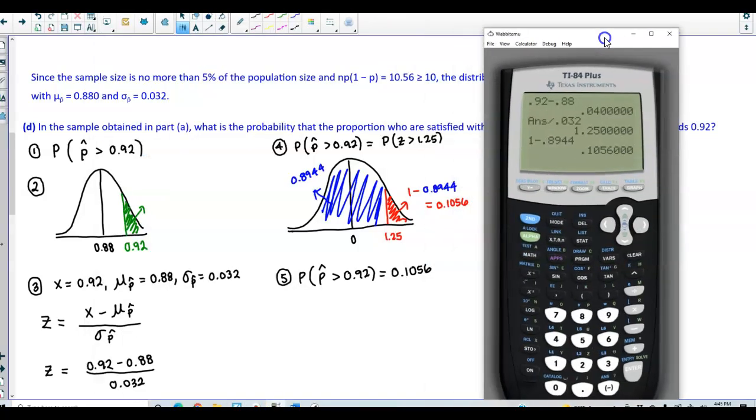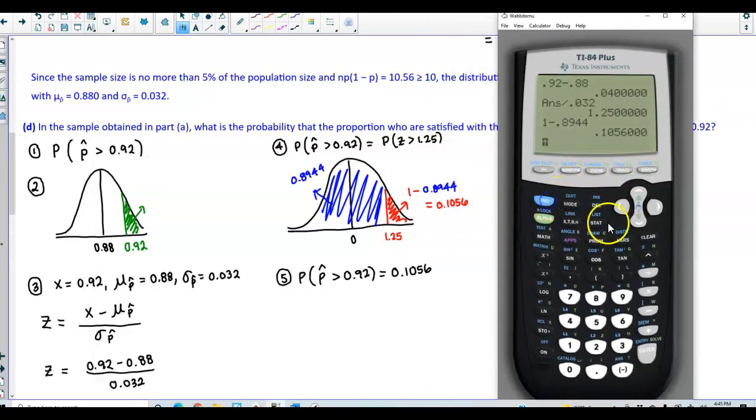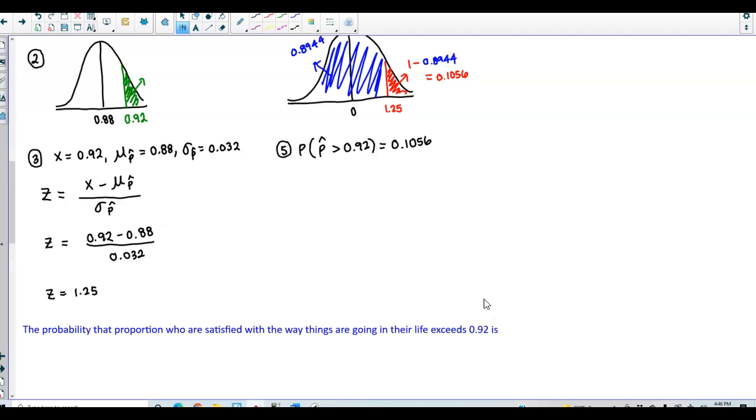We would come in here and then select second distribution, go to normal CDF, and then our lower bound is 1.25, our upper bound is 9999 with a mean of 0, standard deviation of 1, and then select paste, and then you can see that we're going to get the same area of 0.1056. So we would say that the probability of the proportion who are satisfied with the way things are going in our life exceeds 0.92 is